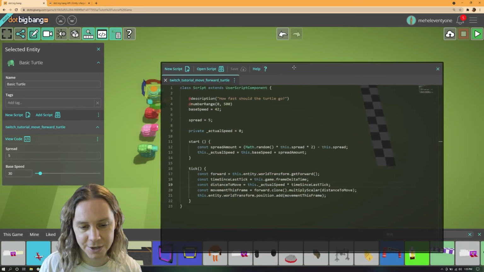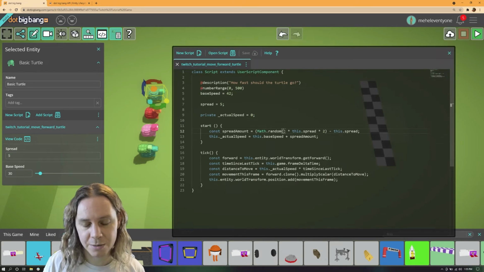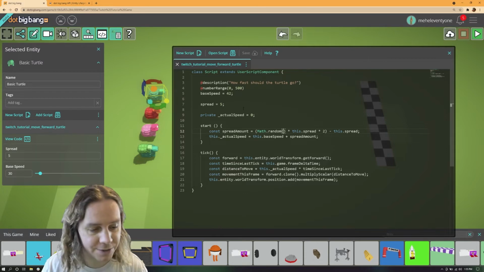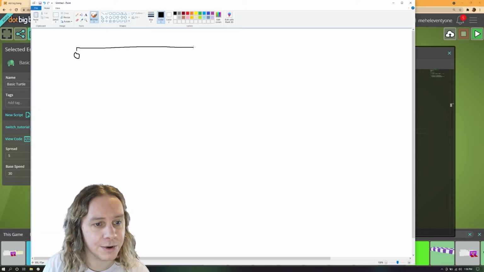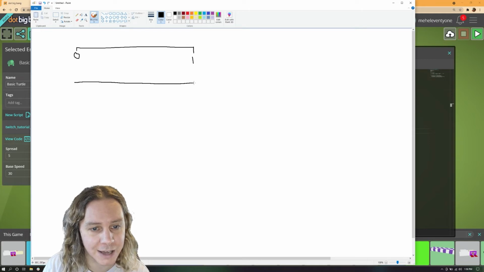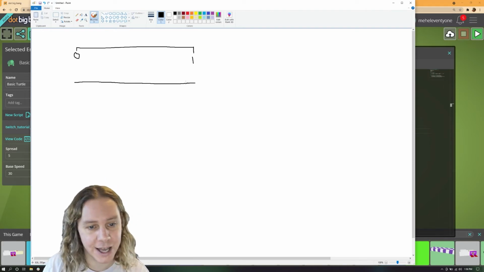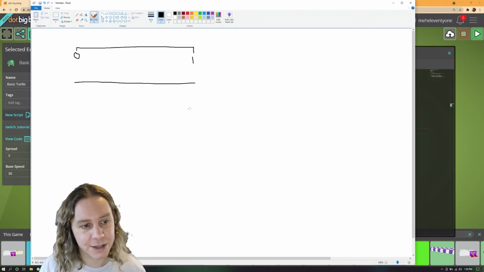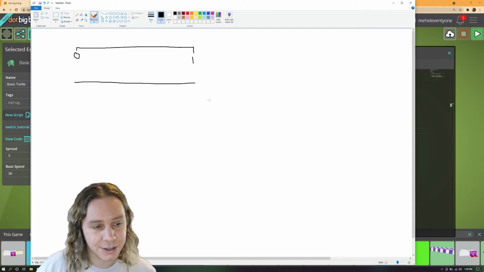And we could take that further. So right now we're just using math.random, but you can improve it. So math.random, we've got a number between 0 and 1. And math.random is just going to randomly generate numbers. And in terms of a profile, it's going to be flat between 0 and 1. There's an equal chance of getting 0 and an equal chance of getting 1 and an equal chance of getting any number in between. If we do math.random plus math.random, so we get a random number between 0 and 2,